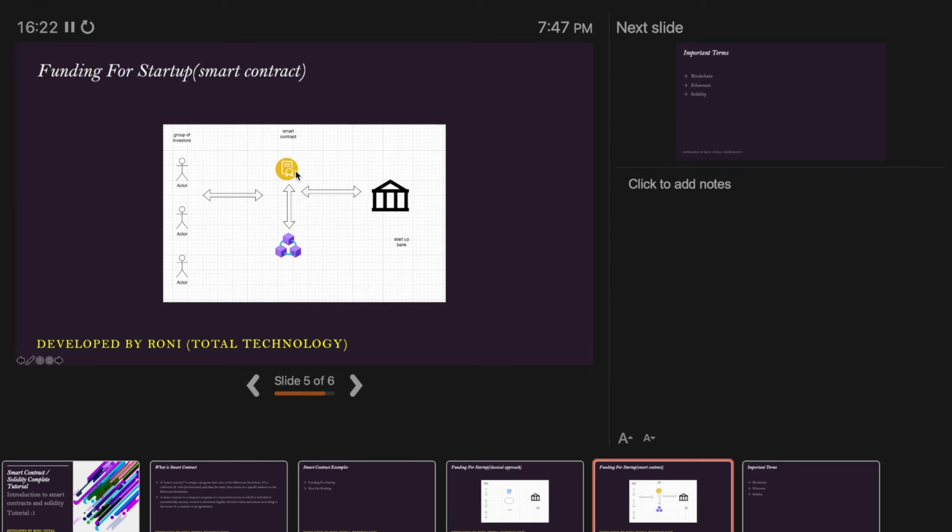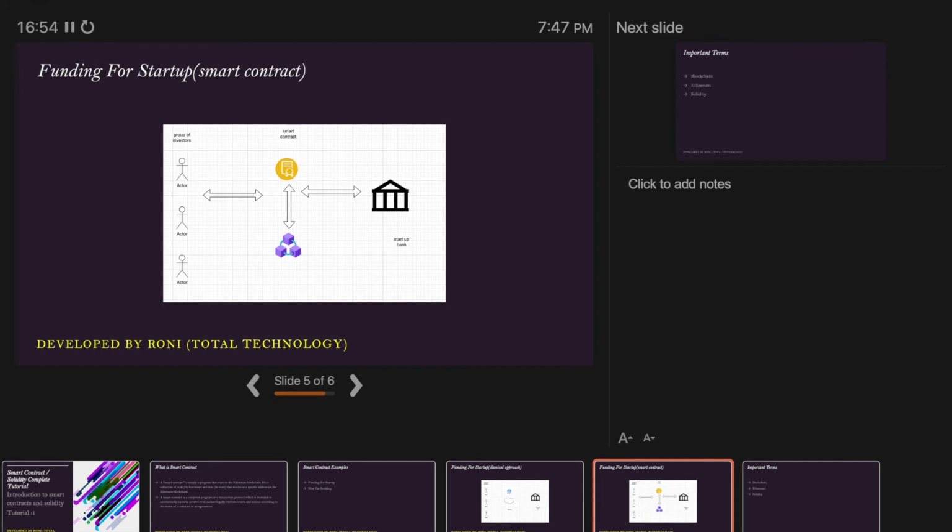These three things are the main important components of a smart contract. One more time, rule means what is going to happen, what is going to be changed, and then data means it is going to be used to verify the rule. Okay, so when you talk about data, it is going to verify something. For example, 3 million, 1 million, it is data, right? Rule is whether it is greater than or less than. Verification is going to happen based on some data. So that is why I'm saying it is going to contain some sort of data, some sort of rule.